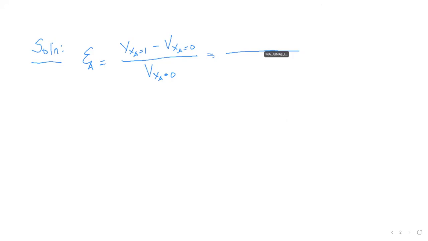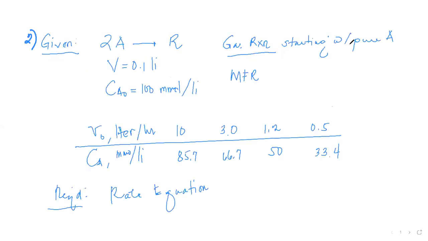The volume at XA equal to 1 is equal to 1, minus the volume at 0, which is 2, over 2. So if you are given a pure gaseous species that will react, your expansion factor is simply the